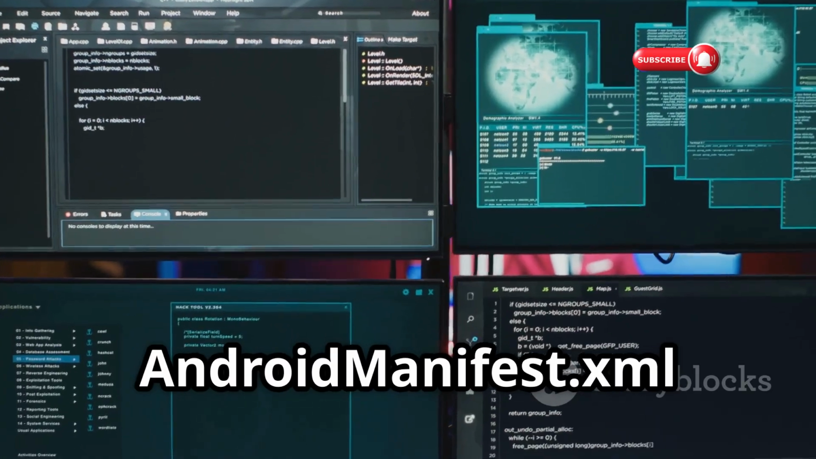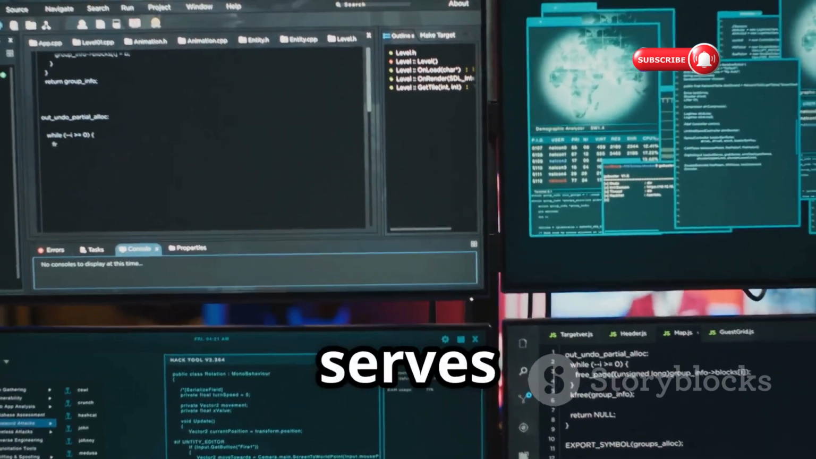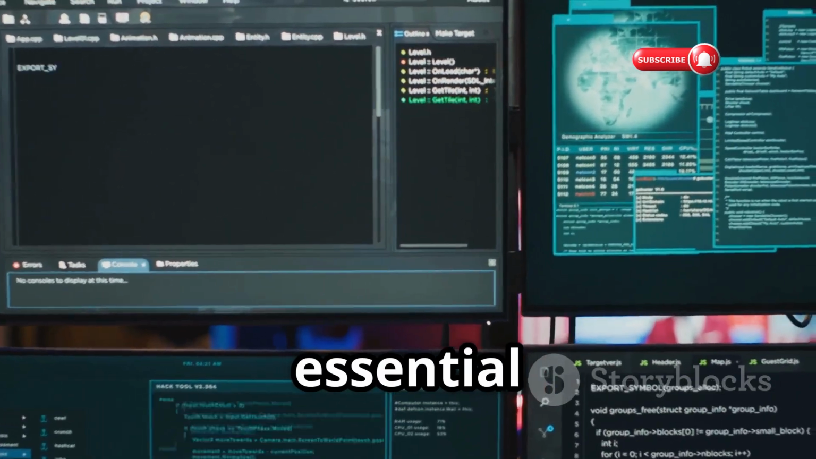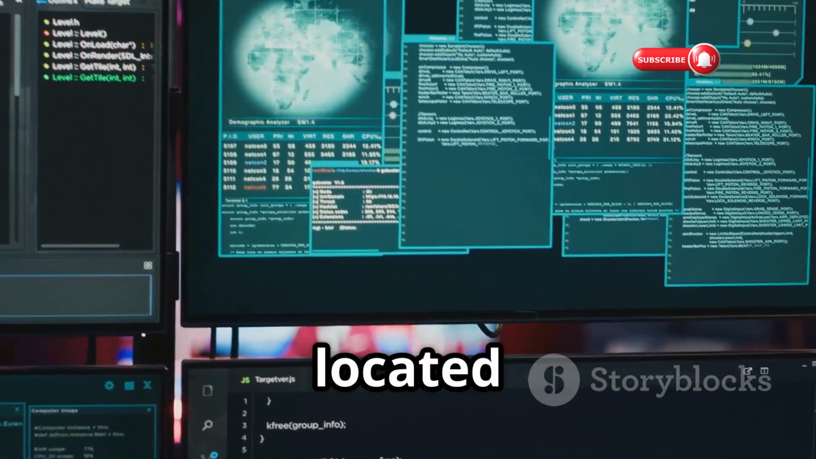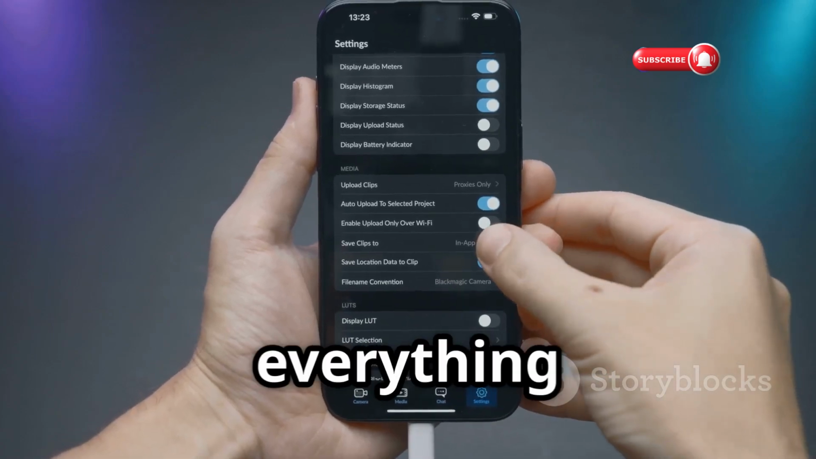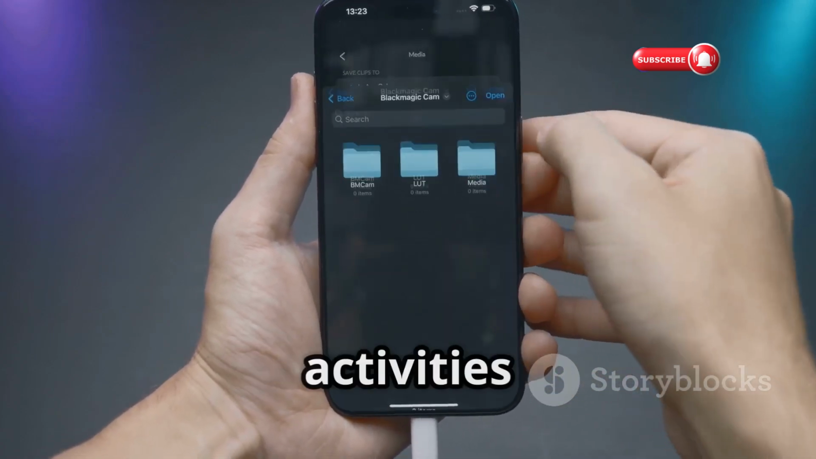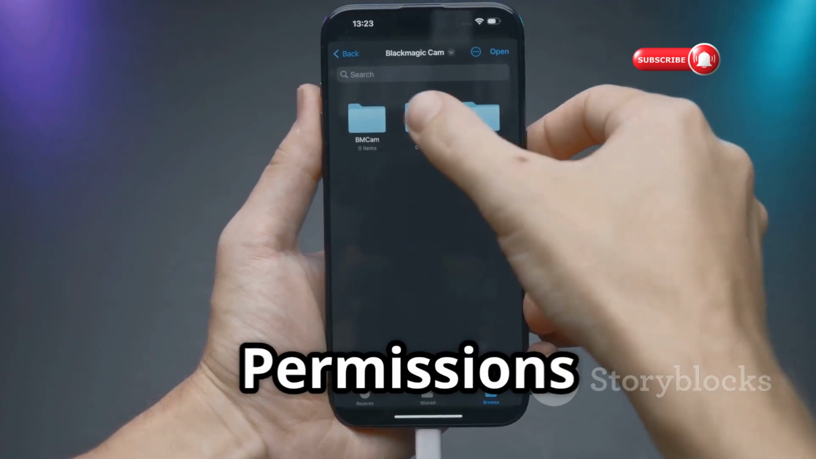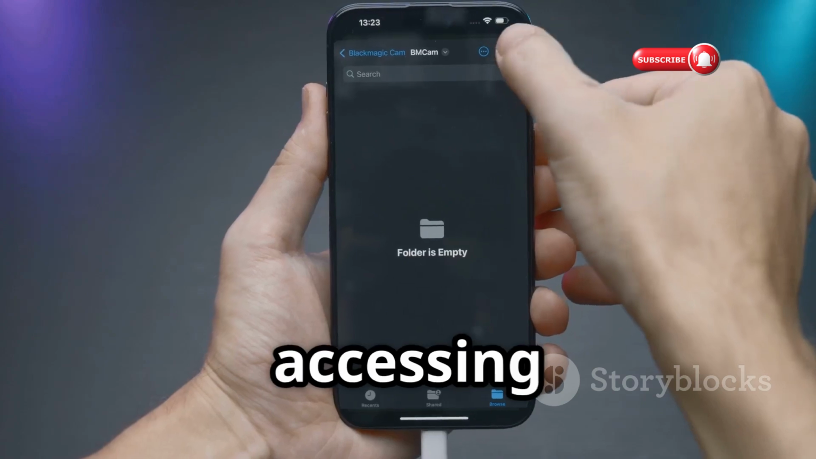The AndroidManifest.xml file is like the app's ID card. It serves as a blueprint that outlines the essential information about the app. This file is written in XML and is located in the root directory of the app project. It tells the Android system everything it needs to know about the app, like its name, permissions, and the activities it uses. Permissions are crucial because they define what the app is allowed to do, such as accessing the internet,